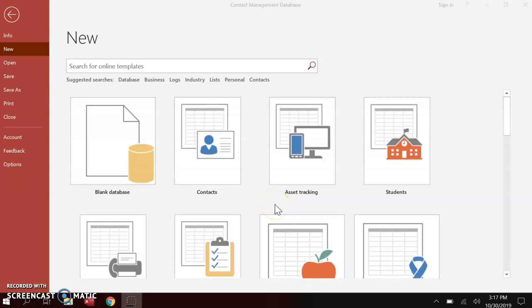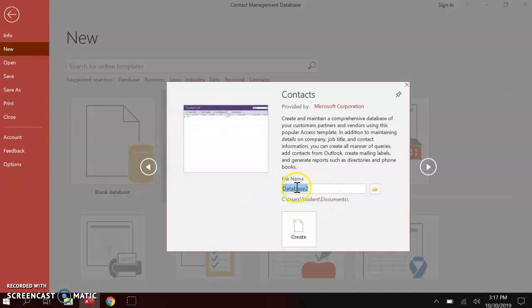Today I will be demonstrating how to add a contact into the contact list. This is useful when trying to organize and keep up to date with employees. You would press Contacts, add in your file name to whatever you would want it to be, and then you